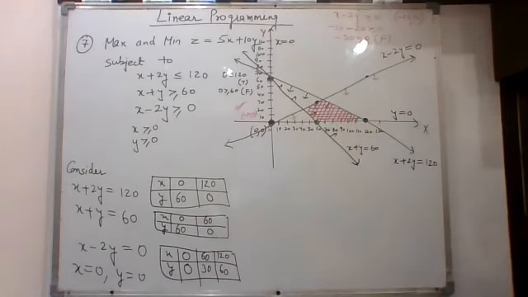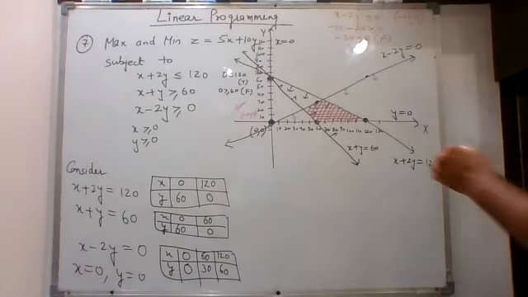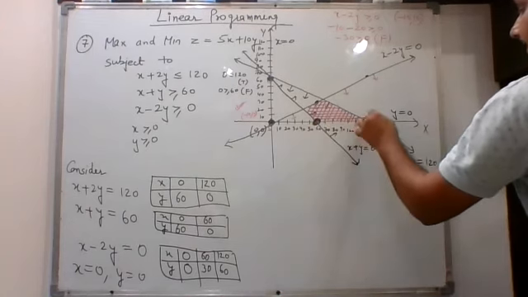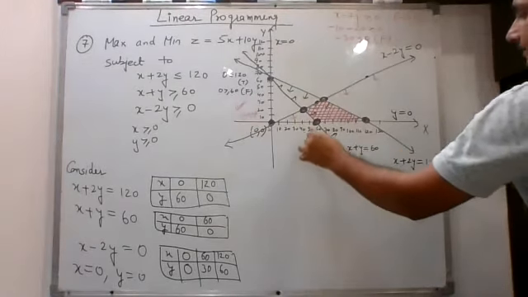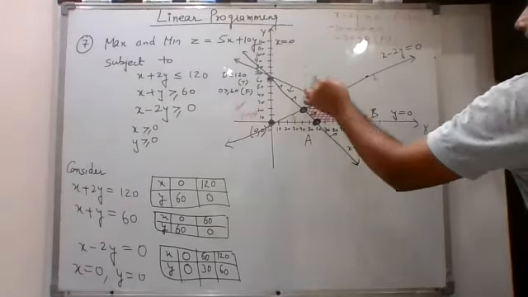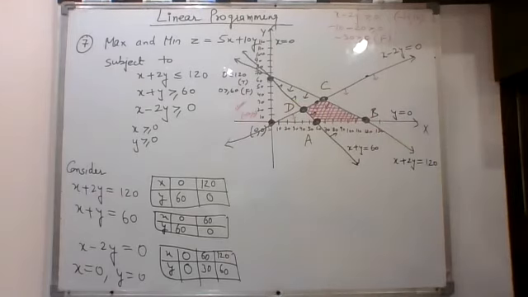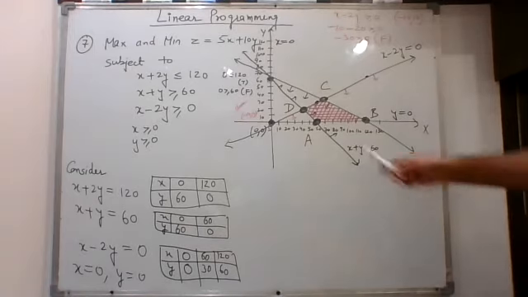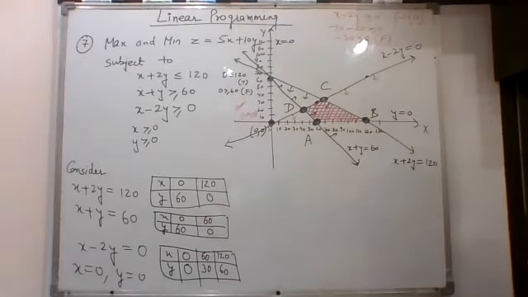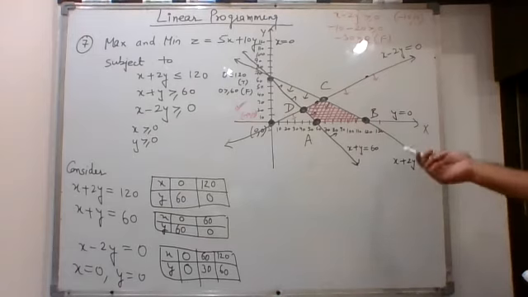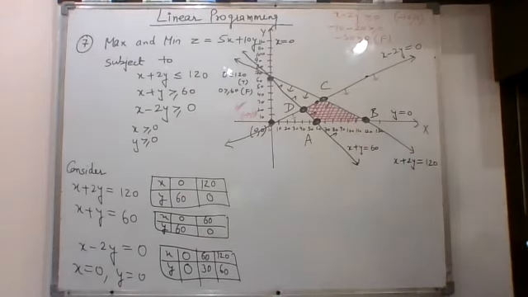After getting the feasible region, you have to find the corner points. So here we have 4 corner points. This is the 1st corner point, this is the 2nd, this is the 3rd, and this one is the 4th corner point. Let me call them A, B, C, and D. Now, we know the vertices of A and B, but you have to find the coordinates for the C and D points. When you are doing this graphically, you can directly see these coordinates. Otherwise, you can solve the system of equations simultaneously.